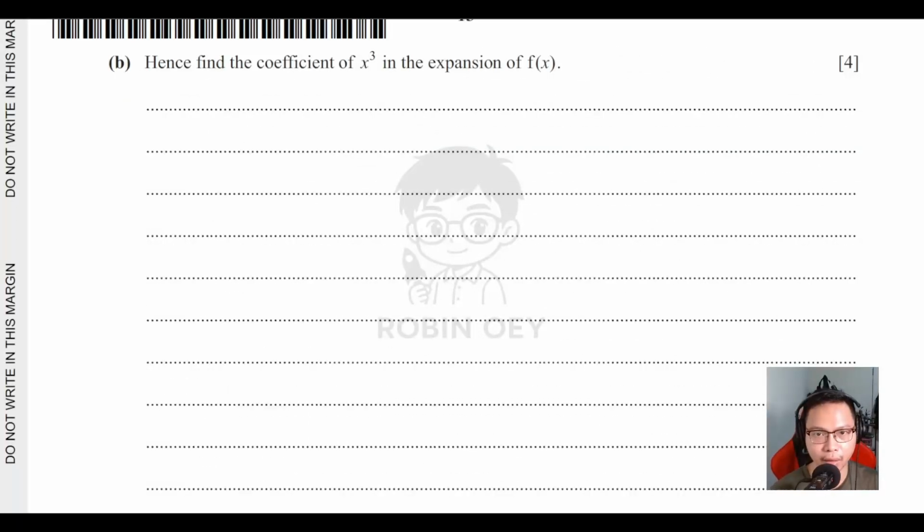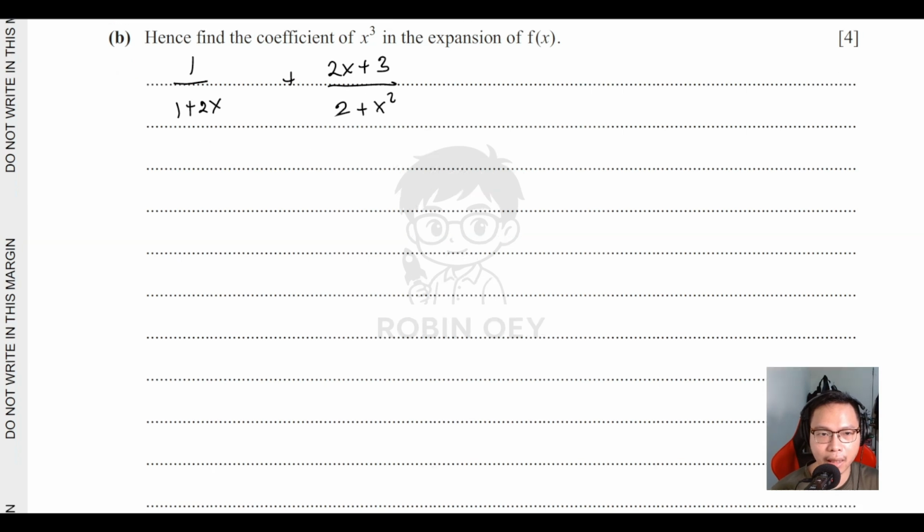Next, 7b. Hence, find the coefficient of x squared in expansion of f of x. So for this, we need to do negative binomial expansion. So we have 1 over 1 plus 2x plus 2x plus 3 over 2 plus x squared. Again, the rule for negative exponent is that whatever is inside the bracket must follow the rule 1 plus or minus the variable. Okay, now the first one is already like that, so 1 plus 2x to the power